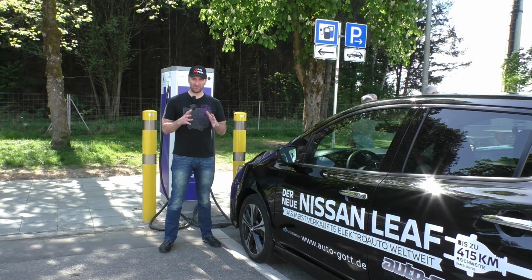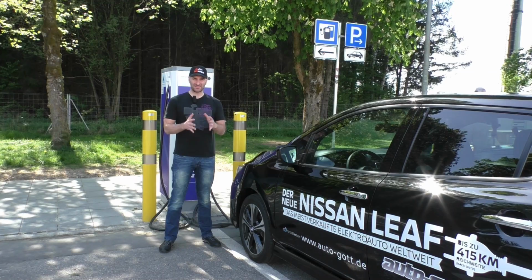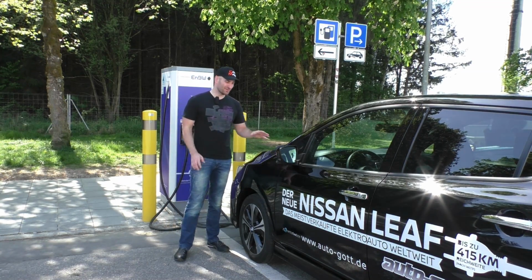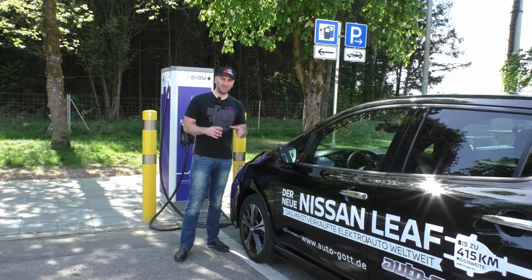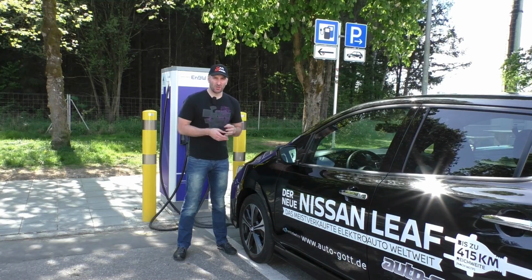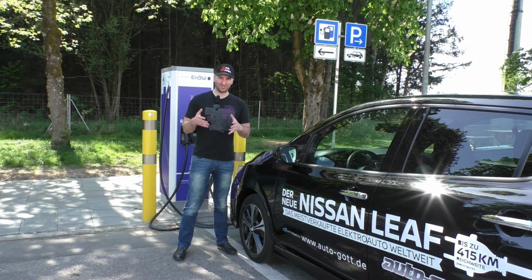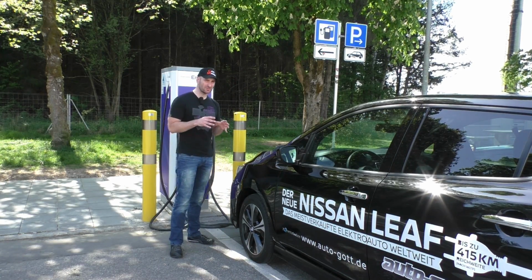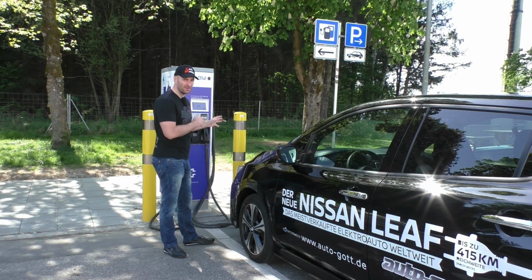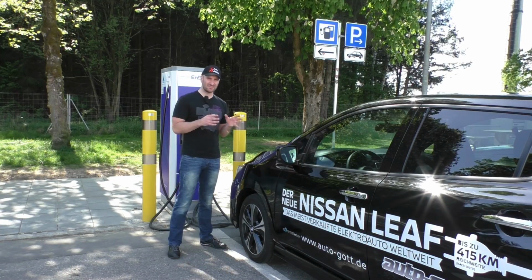Now let's talk about the chapter with the charging. I think that's basically the most important chapter about an EV car, and I'm going to be introducing to you 4 options of charging, because you're not permanently driving at service stations on the highway, so we have different kinds of charging possibilities, and this is charging possibility number 1 that I will introduce now to you, the DC rapid